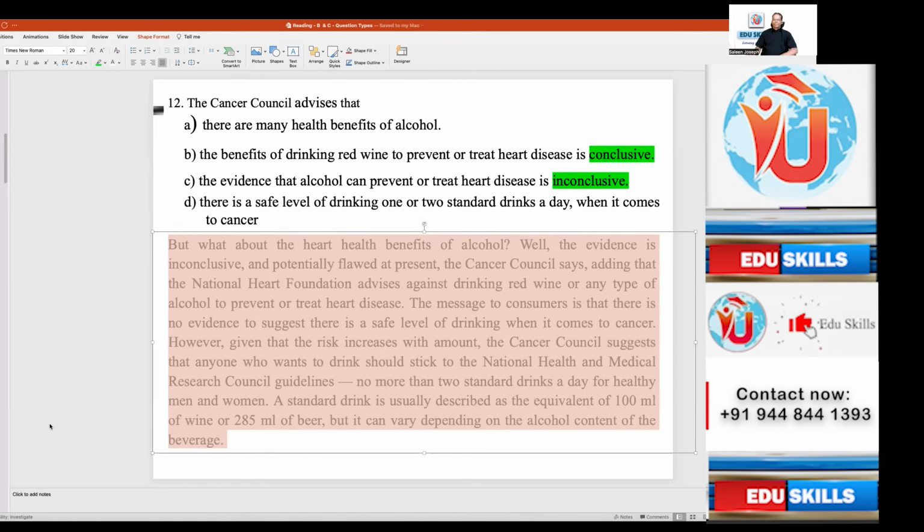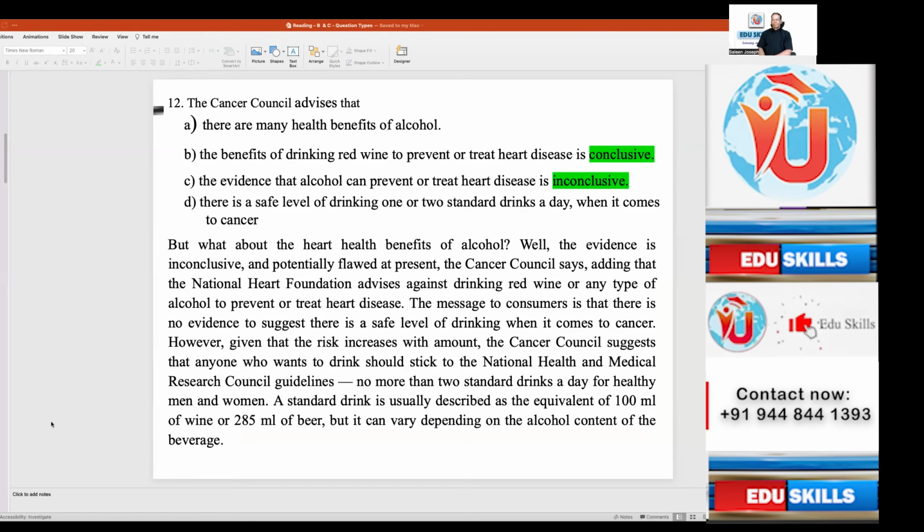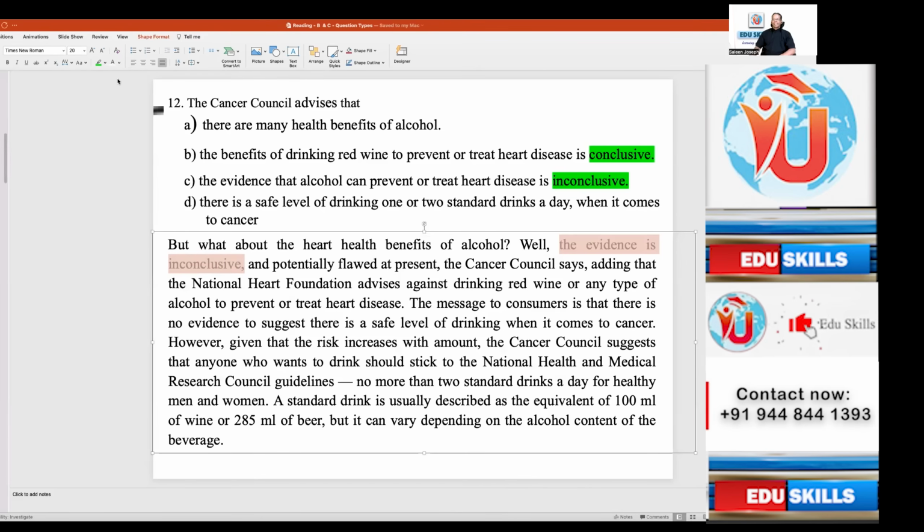But what about the heart health benefits of alcohol? Well, the evidence is inconclusive and potentially flawed at present. The Cancer Council says,